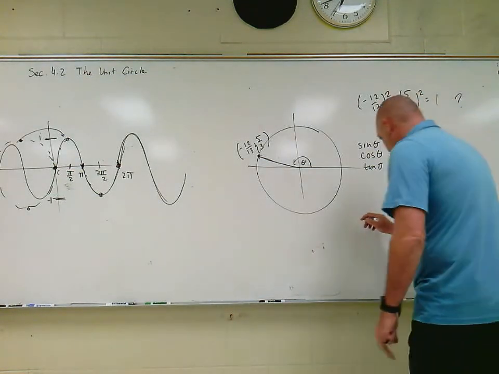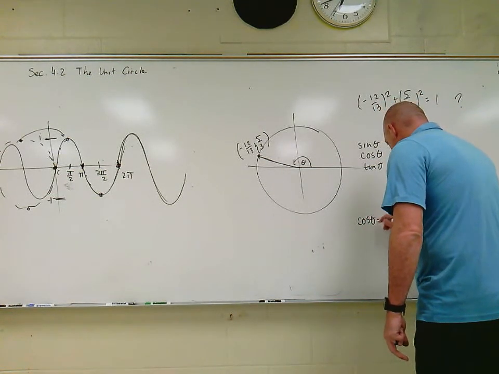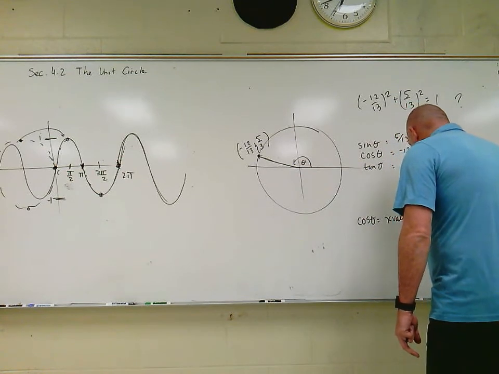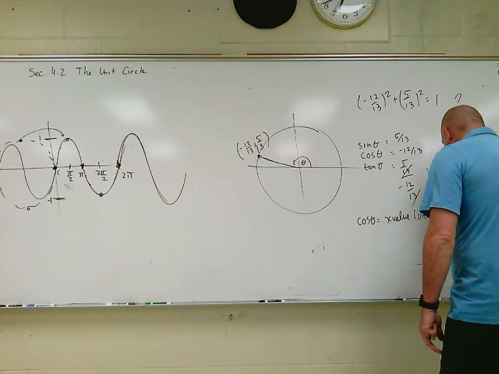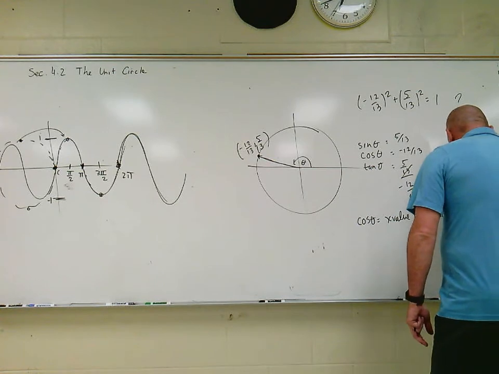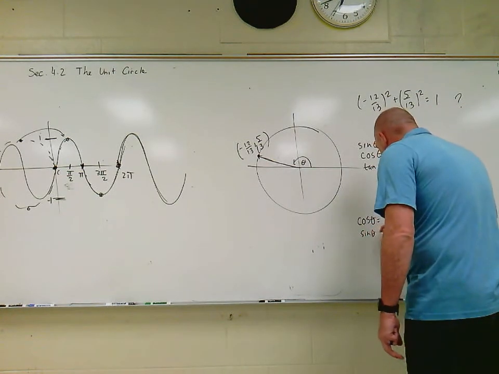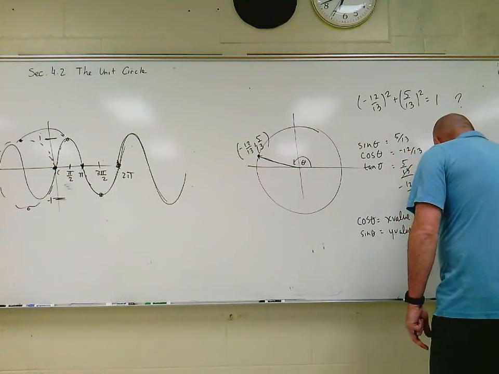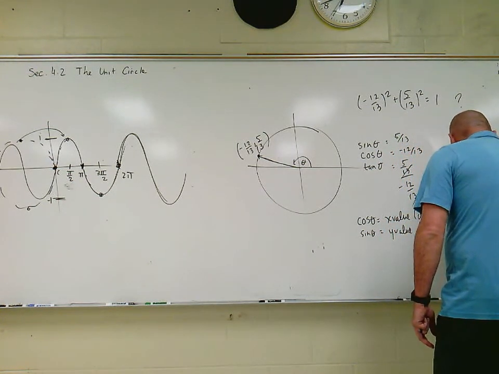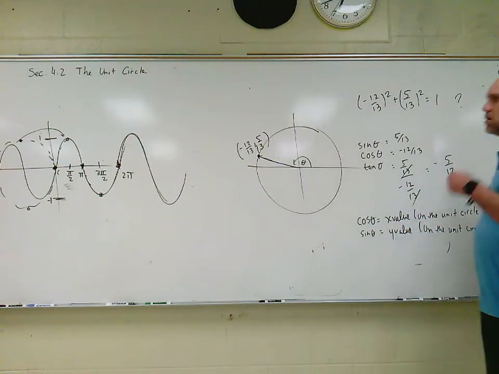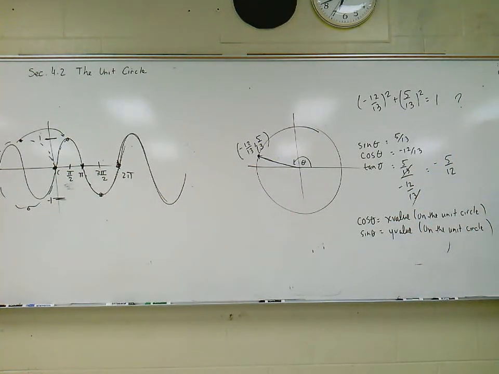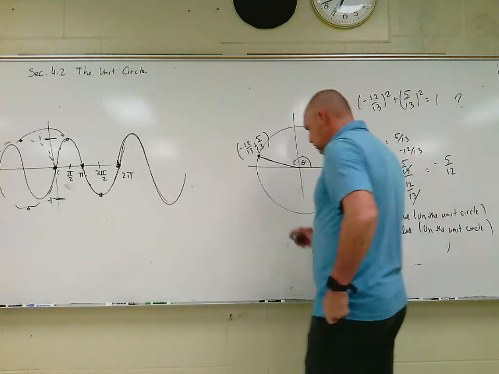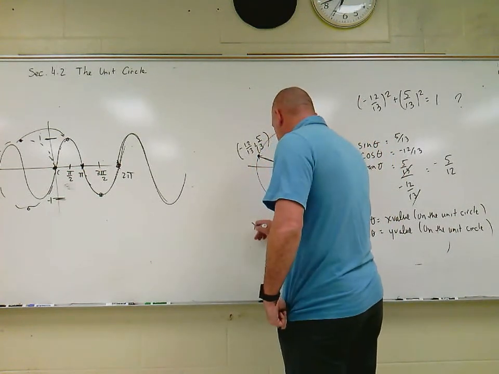So just to finish with, cosine of theta equals the x value on the unit circle, if we're dealing with the unit circle. Sine of theta equals the y value on the unit circle. Okay. Last question here. Let's say that I tell you that the x